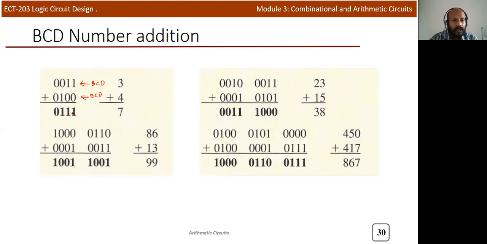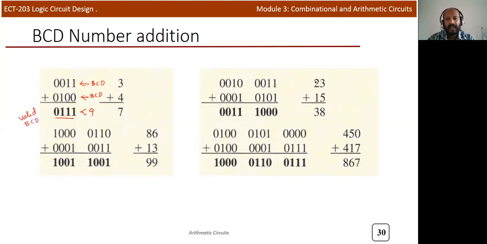If you add, you will get 0111. We again got a 4-bit value, and it is less than 9, that is 7. So it is a valid BCD number. Similar to decimal addition, 3 plus 4 is equal to 7, the same result we obtained by simple binary addition. So this is a valid BCD addition.